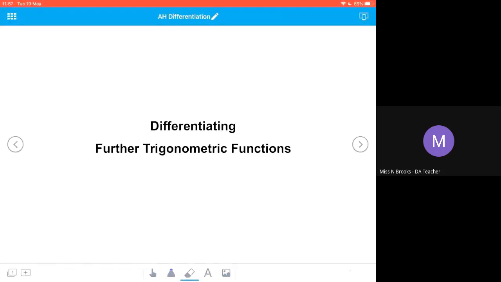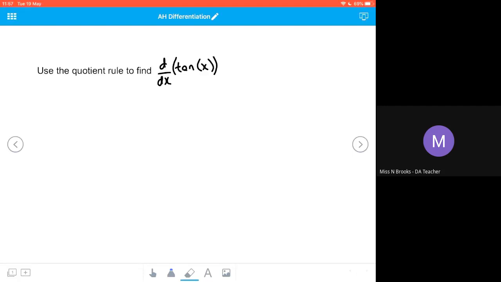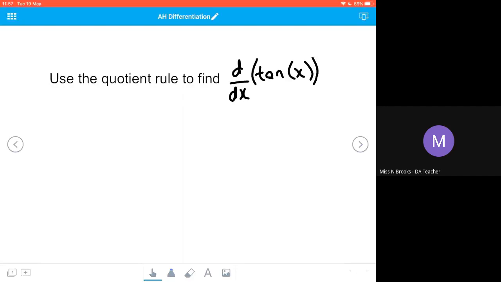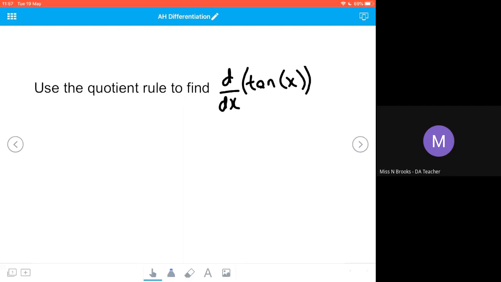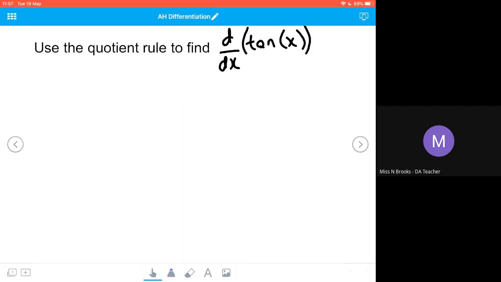So now that we've introduced ourselves to our reciprocal trig functions, we want to look at differentiating these further trigonometric functions. So the first thing we're going to do is use the quotient rule to find the derivative of the tangent of x with respect to x. Now, in order to use a quotient rule, we're going to have to use one of our trig identities from National 5, which told us that the tangent of x equaled the sine of x divided by the cosine of